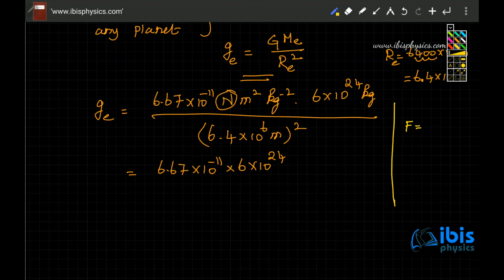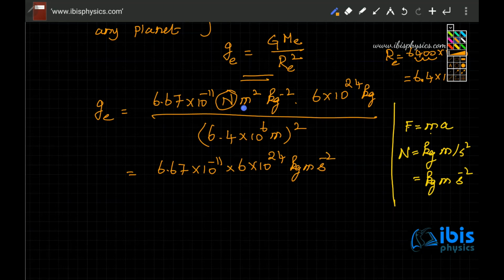And force is mass into acceleration. Mass is measured in kilogram. Force is measured in Newton, and acceleration is meter per second square. That can be written as kilogram meter per second square. Hence, this Newton can be written as kilogram meter per second square, and then meter square per kilogram square. So meter square per kilogram square into kilogram whole divided by